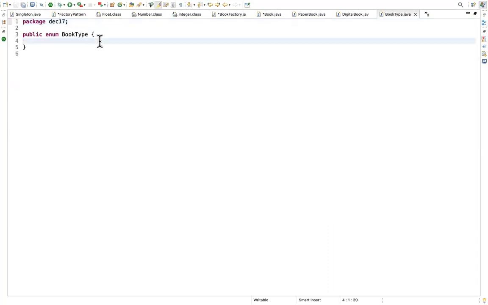So in that enum, within that, just have paper book PB, comma, DB. No, you created switch. Okay, only PB and DB, right? So just have that right now. Yeah, and then that's it. Save. You don't need to have a semicolon also, you can just end it. It's separated, but yeah, save. So these are your book types.